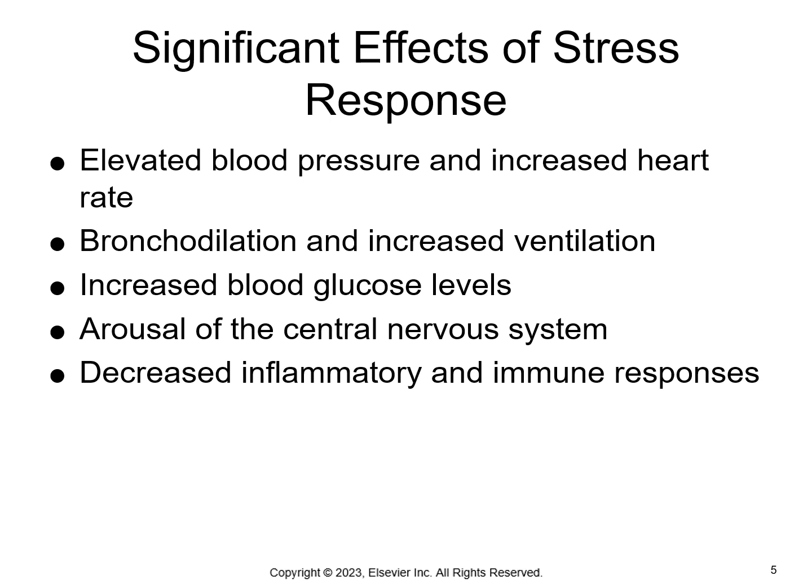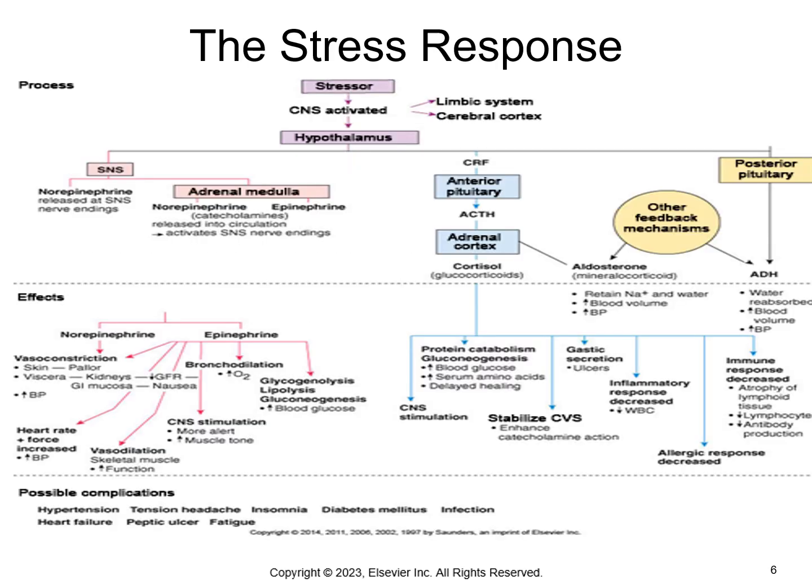So all these things are happening in the body during this fight or flight situation. Now, that's a good thing, right? We want all these things to happen because this is going to help us deal with the situation at hand. This is our map of the stress response, and now we're going to try to go into it a little bit further so that you really understand it, okay?